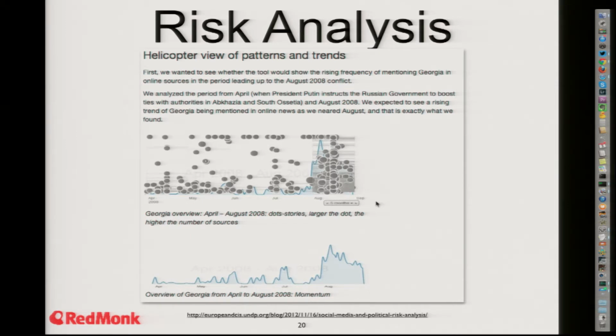Other things, the United Nations Development Project are analyzing social media in real time. This is a project they ran to analyze social media because they want to know when there are likely risks to their people on the ground. This is one they did in Georgia around the time of the upset between Georgia and South Ossetia in 2008, 2009. So they looked at the mentions there and they graphed it versus when the trouble actually happened. So now they're building a model so they can call their people and say, okay, look, we've gotten to the point where it's getting risky for you guys to be in there. We need to get you out now.